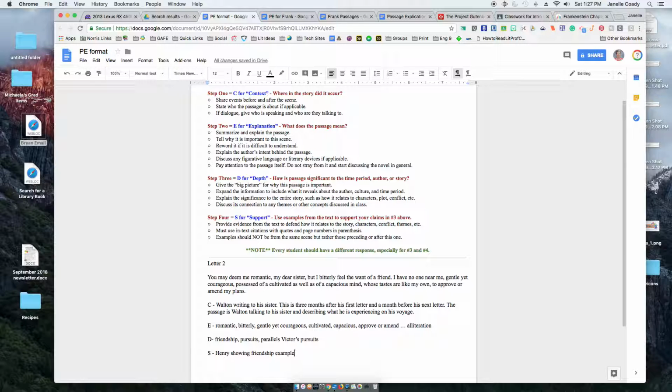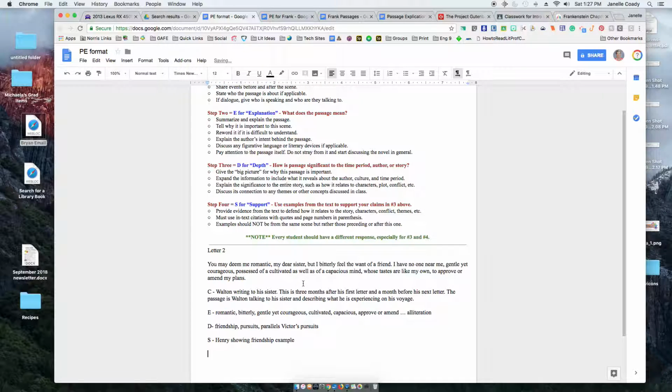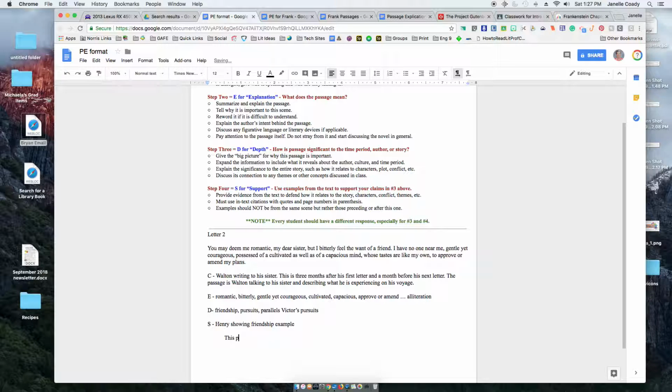And you don't have to set it up like an essay with an intro or anything. You literally would just start with something like, this passage comes from letter 2 in which R. Walton is writing to his sister, and give her name, and sharing, blah, blah, blah. I'm not going to write it all out here because this would be a real long video if I do that. Then I would touch on some of the things in my notes, like what happened before and after it, to show Mrs. Cody that I have read letter 1 and I've read letter 3. So you always want to touch on some things in the chapters preceding and after this. Okay, so that would answer